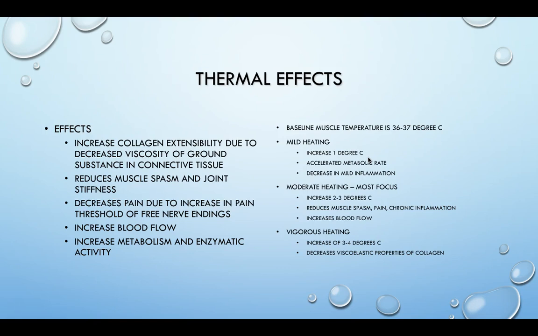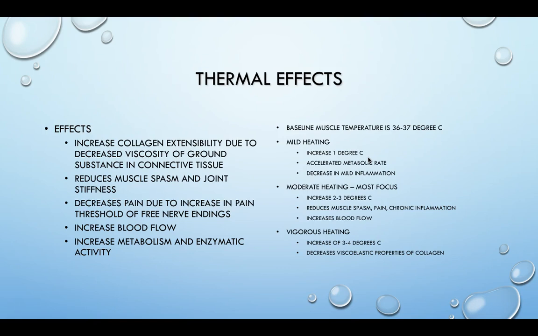We reduce muscle spasm and reduce joint stiffness. We decrease pain due to that increase in the pain threshold of the free nerve endings. We also change the nerve conduction velocity with our heat. We know that we increase our blood flow, and we get increased metabolism and enzymatic activity. So the cells speed up and they start using more energy and doing things more quickly and increase cell metabolic